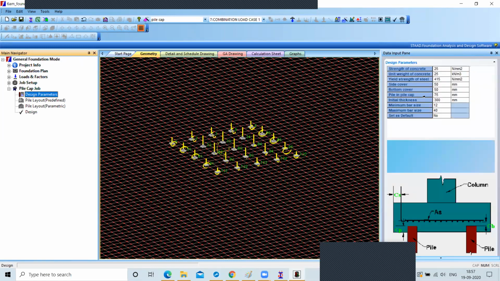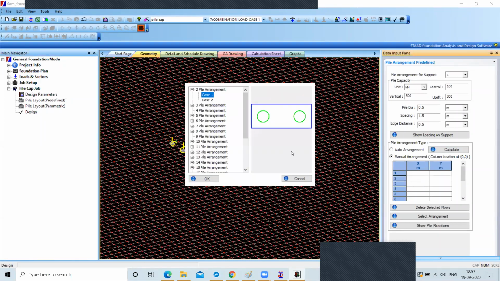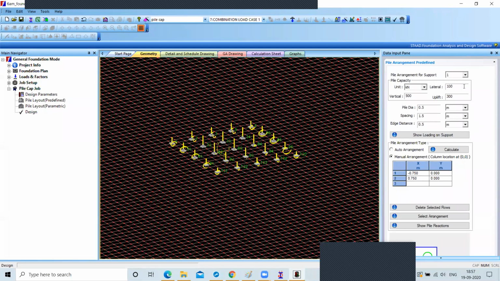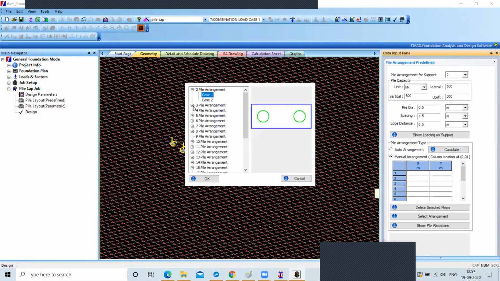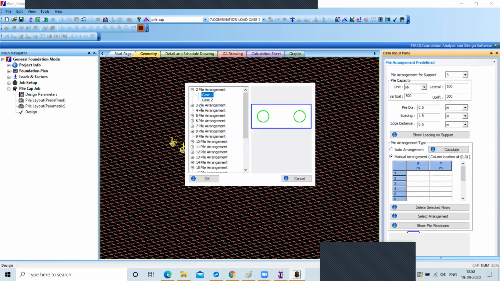This is the design parameter. Pile arrangement: two. Choose support 2, and pile arrangement is 3. Calculate.